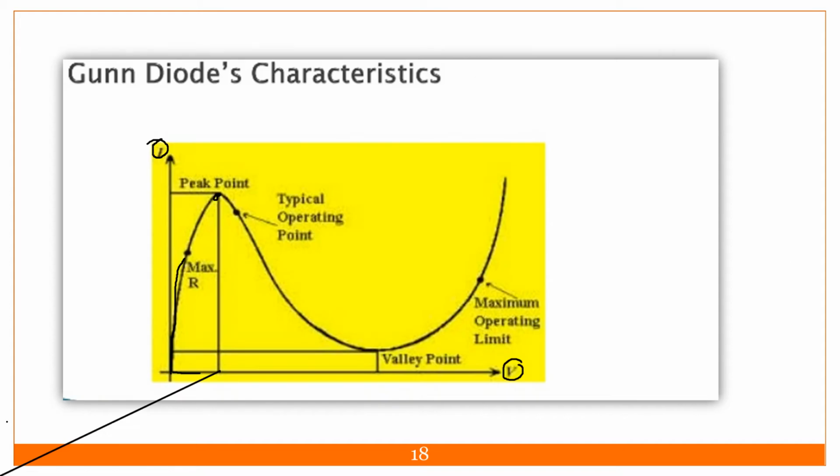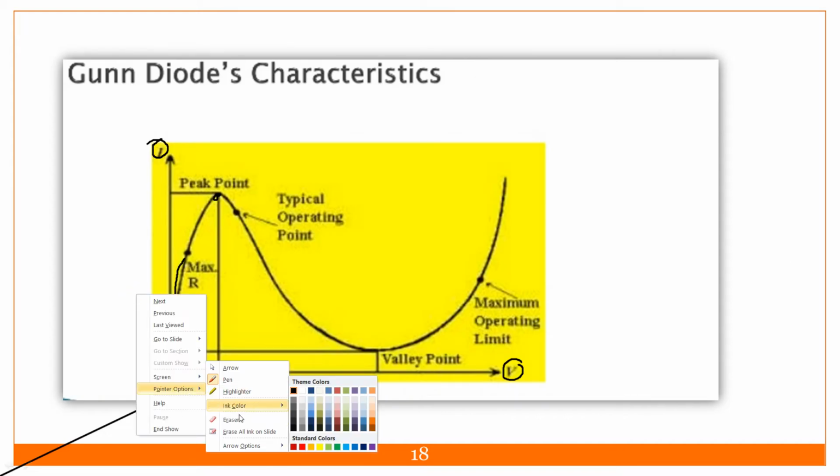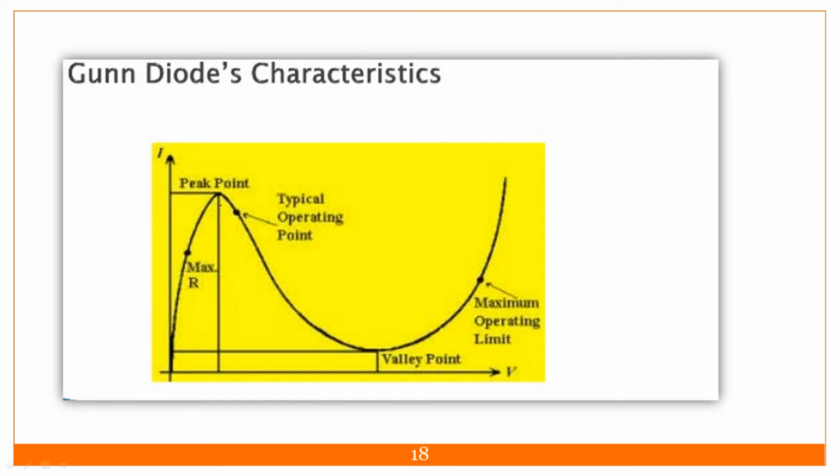Up to this voltage, the current is maximum. But after that, the electron is caused to shift toward the third band, which will give you the negative resistance region. So from this point up to this point, whatever the region is there, that is called the negative resistance region. And this region is responsible for oscillation.